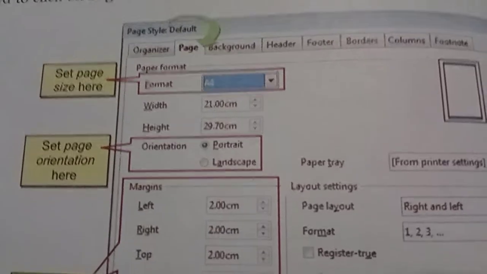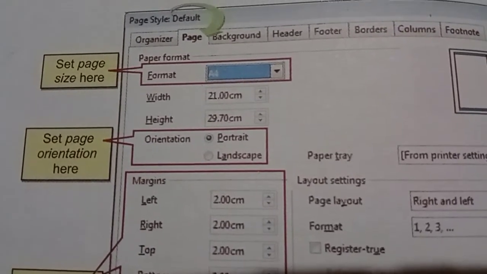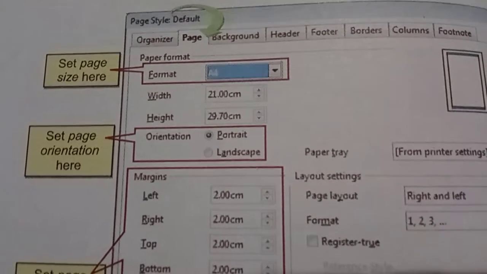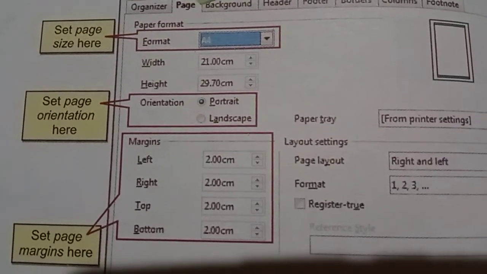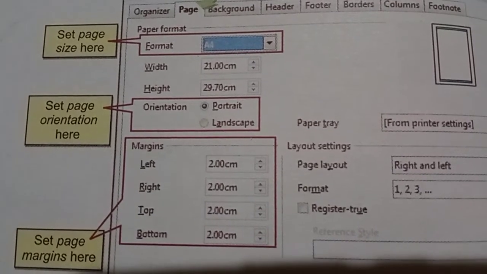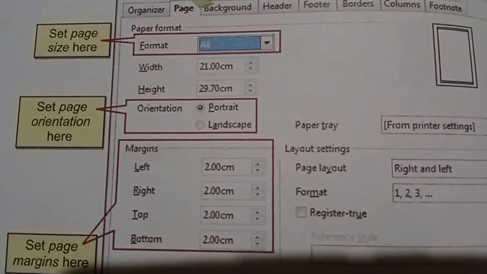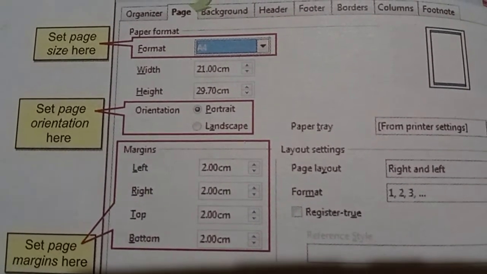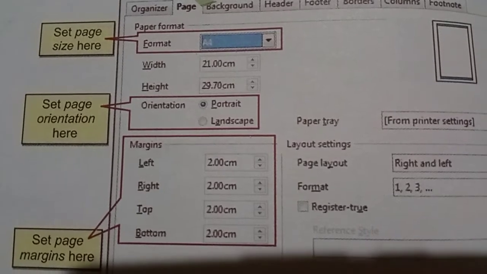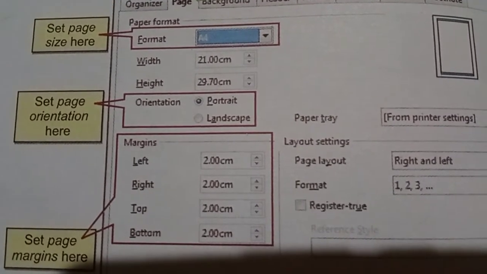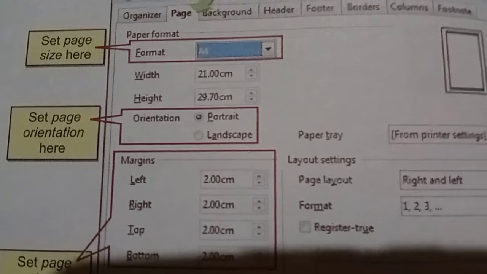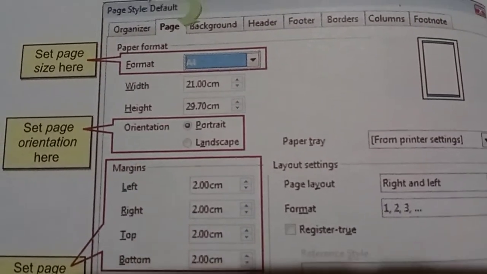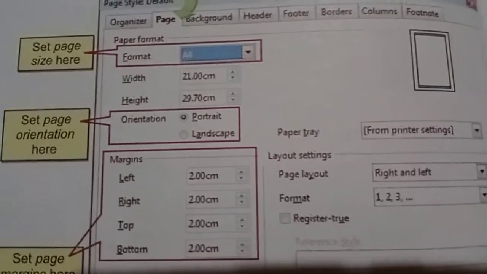If you click on that drop down list, you can see different types of formats are there. According to your convenience you can select that. Then page orientation. Previous class I already taught what orientation means. Two types of orientations are here, portrait and landscape. Portrait means vertical, landscape means horizontal orientation. According to your convenience, if you make a long table you can use landscape. If you type simply, you can use portrait.